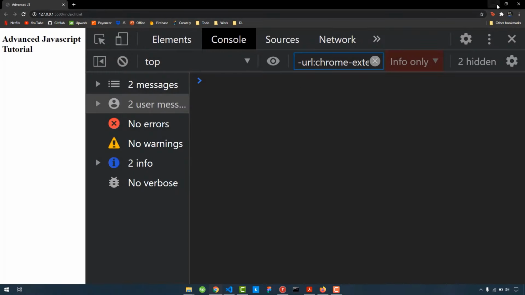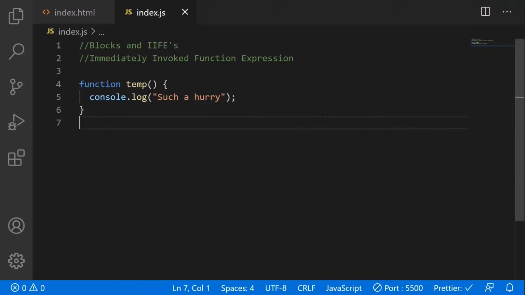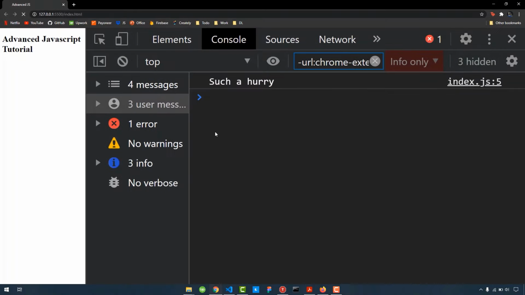that would make no sense. We're not getting a message. In this scenario, however, we just did. So basically, what I'm doing here is executing a few lines of code instantly without having to call this function. You could of course call this function again, it doesn't really limit you from doing this, so if I do temp,